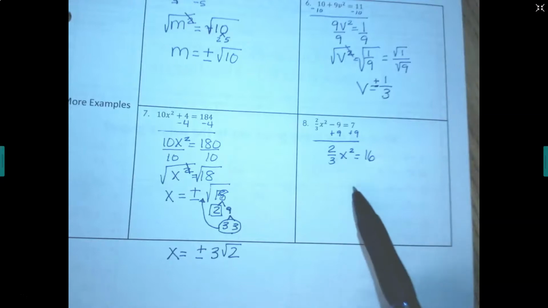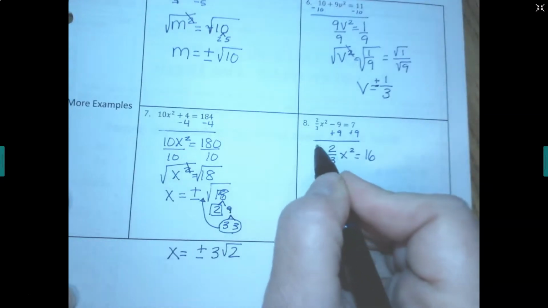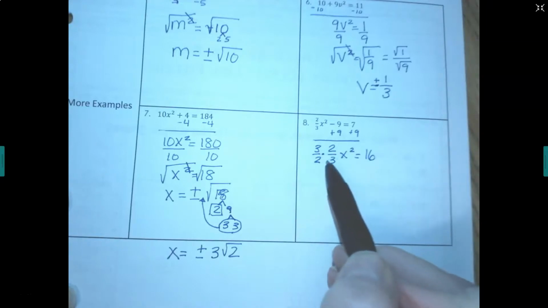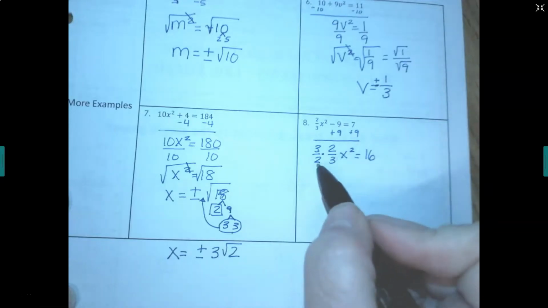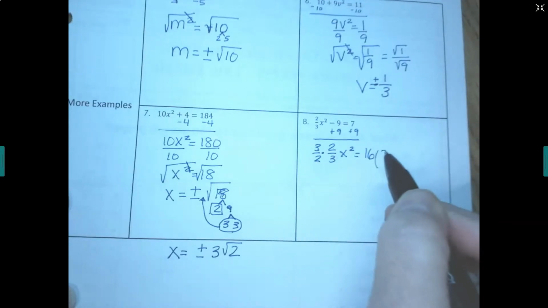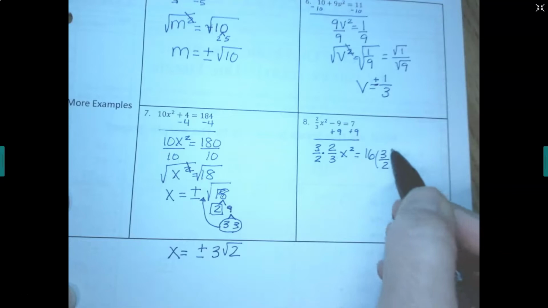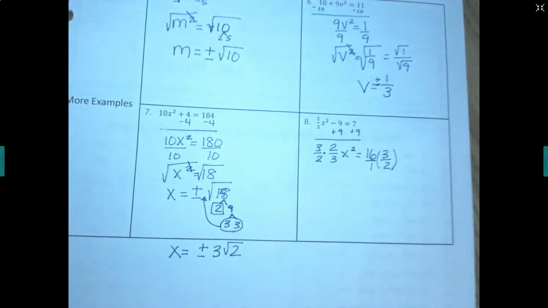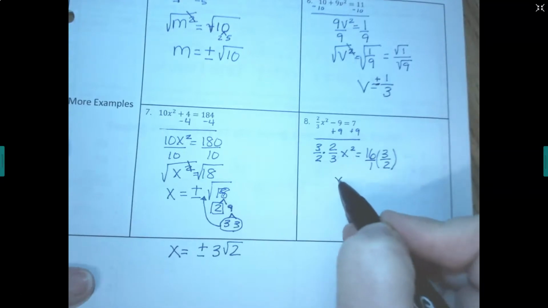If you want to get rid of a fraction, you can multiply by the reciprocal. What happens is if we multiplied them together, we'd end up with 6/6, which cancels to 1. So we multiplied by 3/2, so we need to multiply this side by 3/2 also. Remember, this 16 is really over a 1. So that will kind of give us an idea. So we're going to get x squared